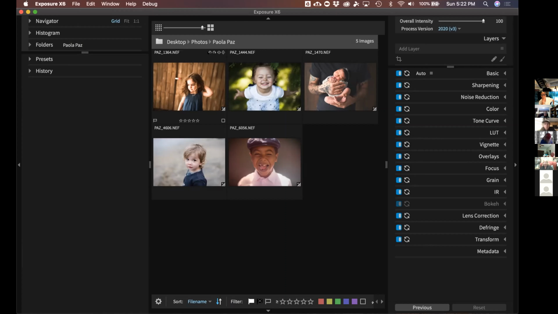The reason I'm introducing you to this program is two reasons, and I mentioned them in the beginning. The catalog system. I've been using Lightroom since version 1. Some of you may know that before I took my job as an instructor at Oregon State University many years ago, my workshops were supported by Adobe. They don't anymore. I find the catalog system to be a little unwieldy after all these years,